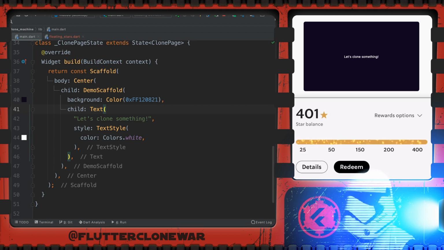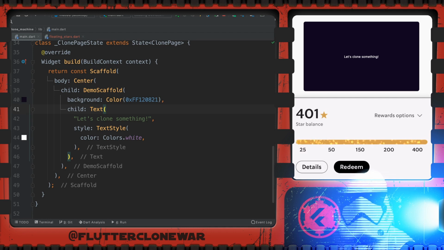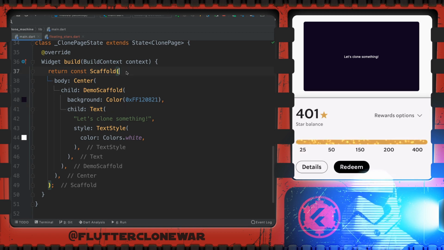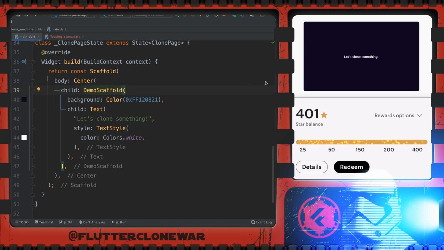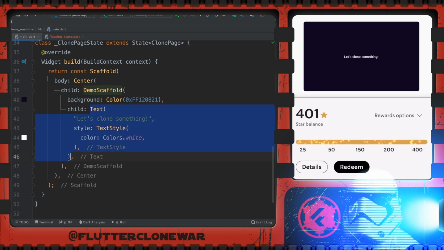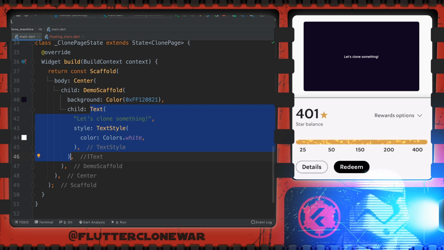So before we can animate stars, we need many stars, and before we can have many stars, we need one star. Let's go figure out how we're going to paint a star using Flutter with a custom painter. We begin, as we always do, with a demo scaffold that just shows this card with some text. So let's replace that text with an empty widget that I have called